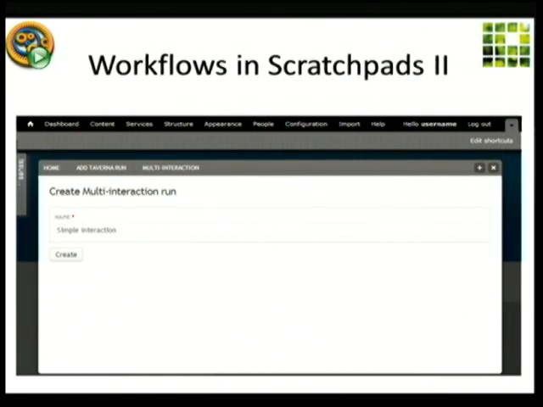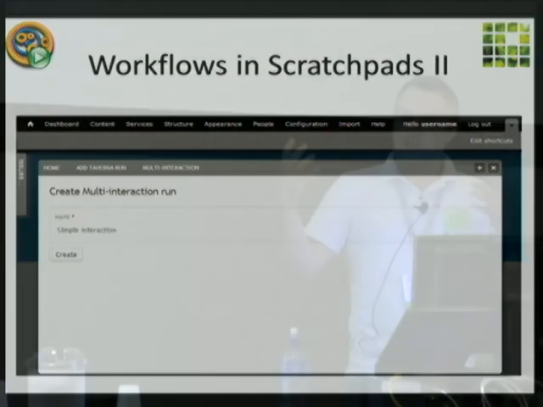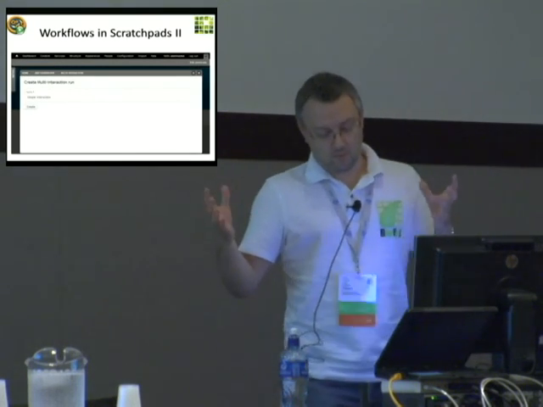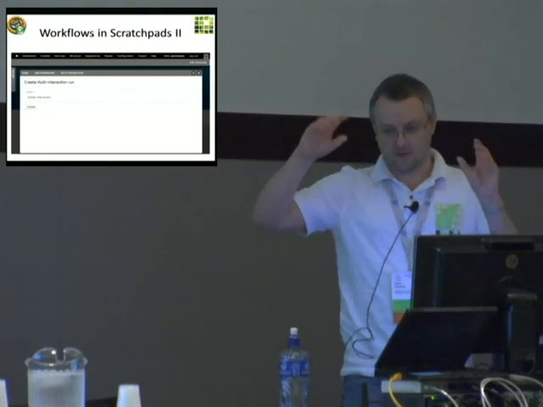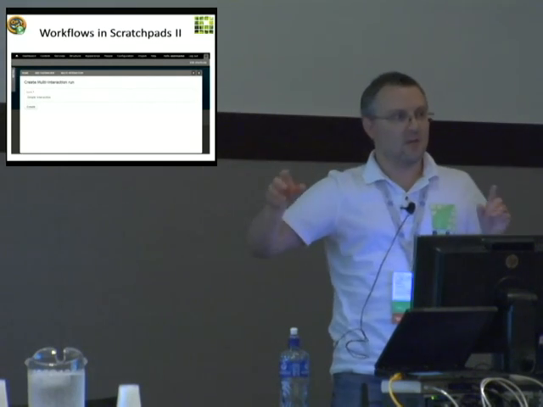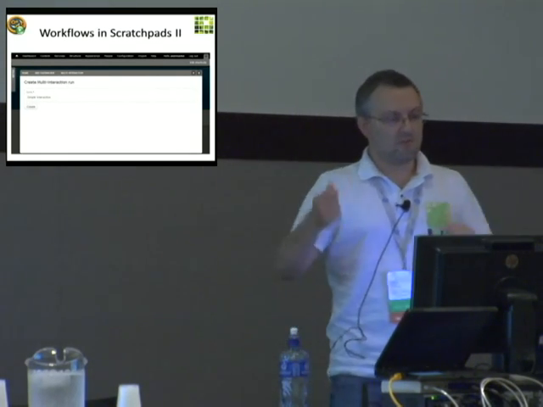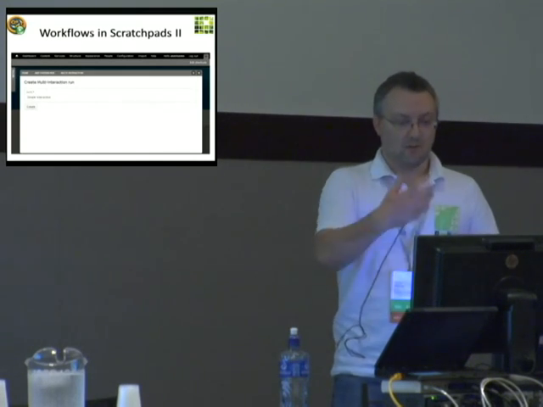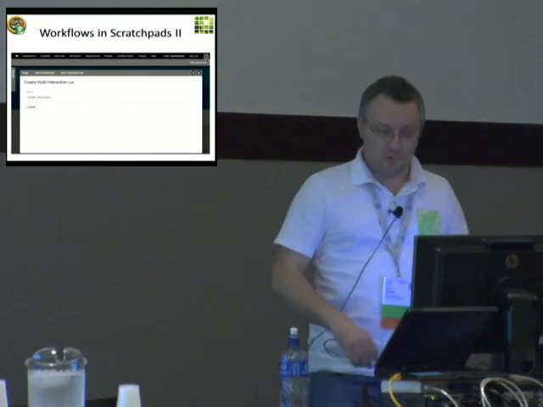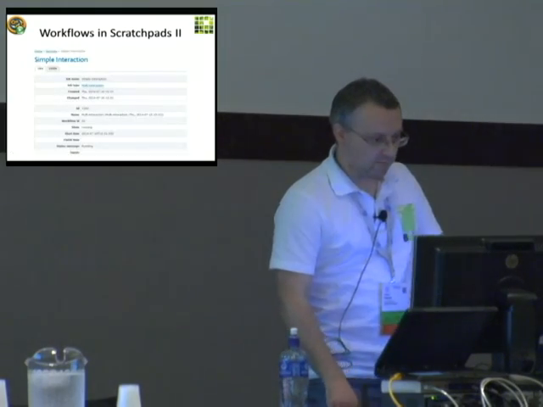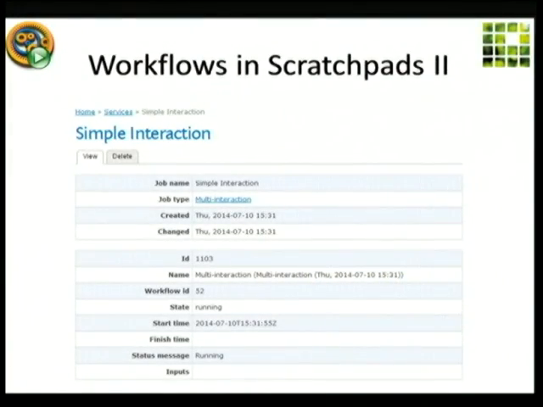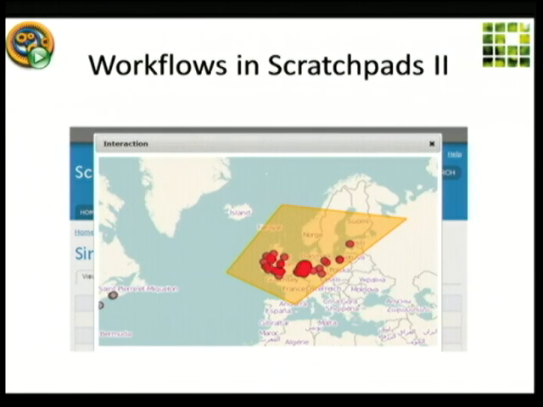So just a quick run through, as I mentioned before, the data and analysis in Scratchpads is quite well curated in the sense that the public, without a login, can go in and see everything, but to actually use resources and to change resources, we have to be a member. So in this case, I'm logged in as a member of this Scratchpad. I'm going to create a workflow run. It's created. It's started to run. There's an interaction. I'm going to draw a polygon around some species occurrence in Europe there, and when it's finished,